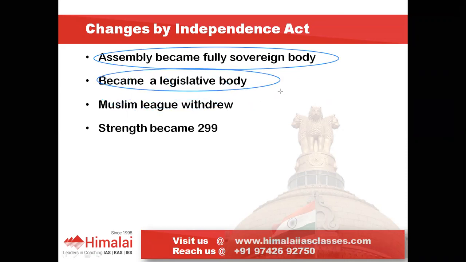Apart from making the constitution, which was its primary objective, it also became the first mini parliament for India. So the constitution itself, which will be developed by the Constituent Assembly, will decide when the election will happen and how the election will happen, and only then can you have a legislature. So by that time, the Constituent Assembly acted as a mini parliament or legislature of India.